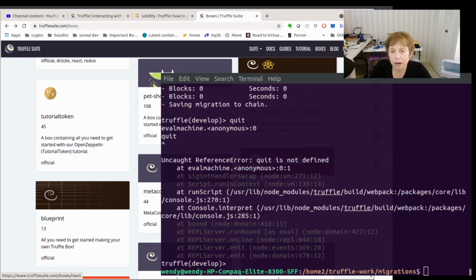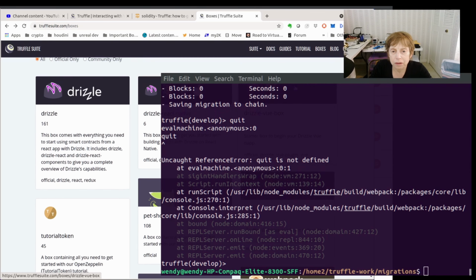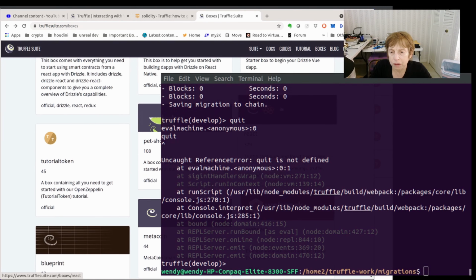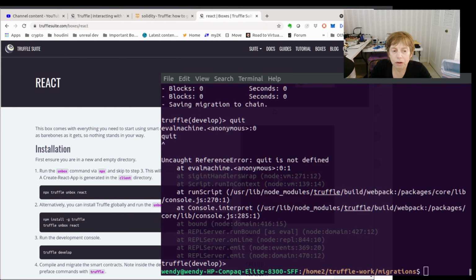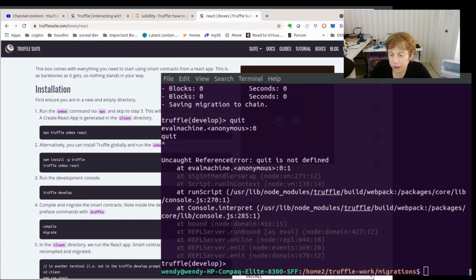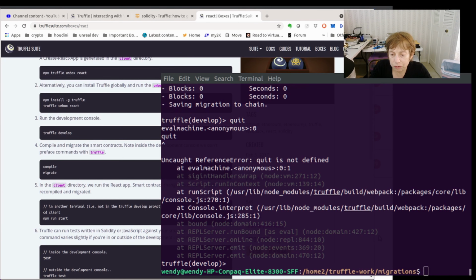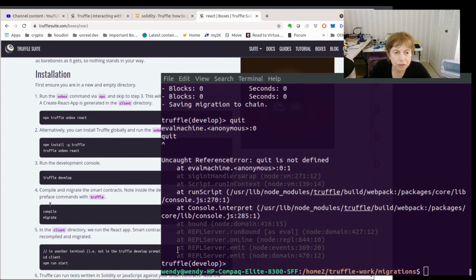We're going to try the React one. Let's have a look at it. React was updated actually last week, so it's real brand new. And we're going to do Truffle Unbox React,